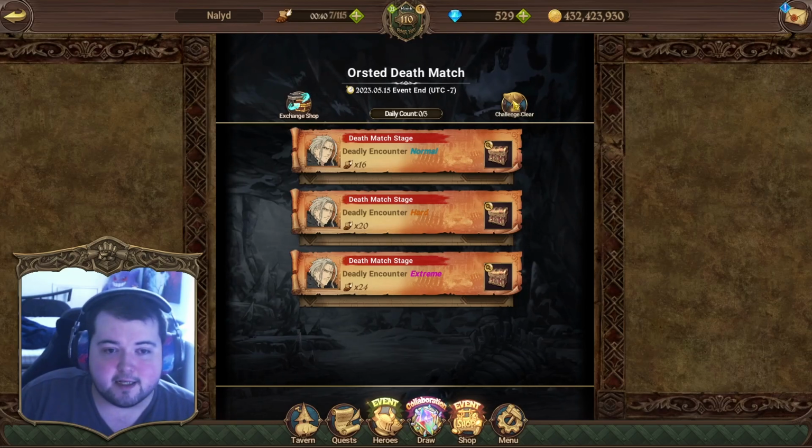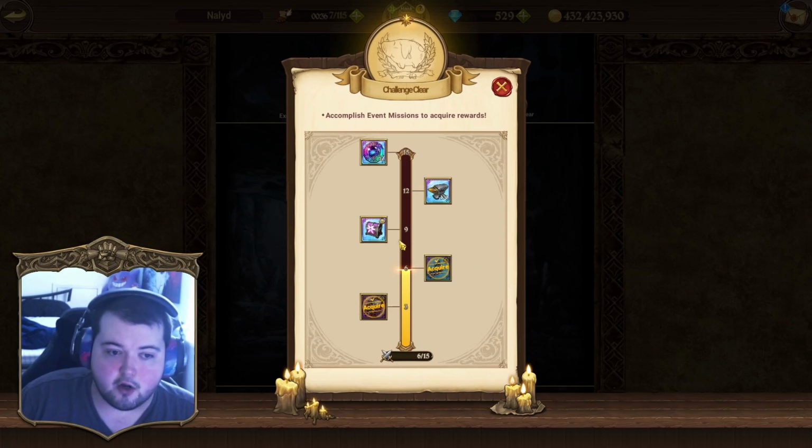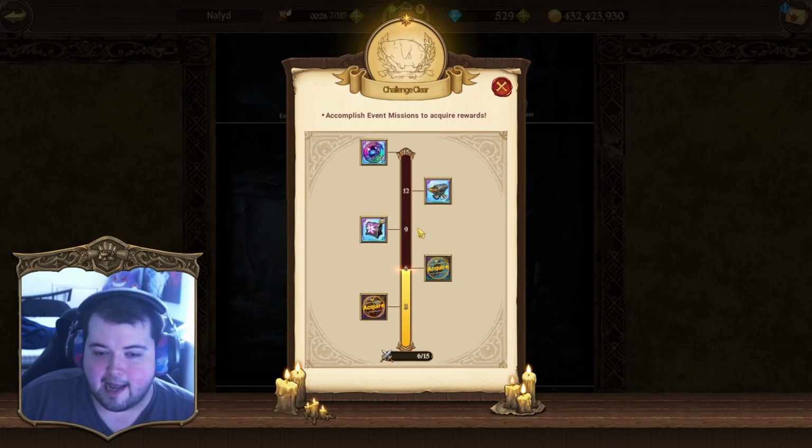But the big thing here is that if you go to the challenge clear rewards, you can only play this 3 times a day. So if you can beat it 9 times in total, so 3 days worth of runs, you will actually get a collaboration box right here. So tomorrow, whenever the reset happens, I can end up doing 3 more runs, grab this next Holy Relic box,